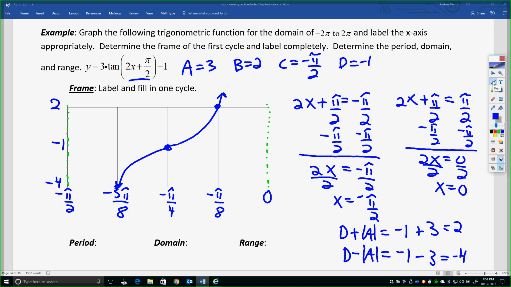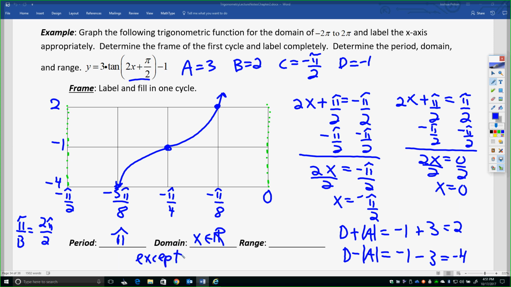The last thing is the period formula. The period formula is pi over b, because the period of tangent and cotangent is pi, not 2 pi. So in this case, that's pi over 2, which simply gives me a pi. The domain goes forever left and forever right, so it's all real, except